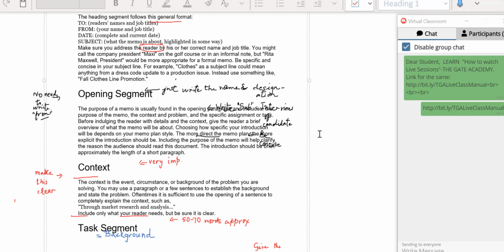So when I tell the live class manual, the studio team will be sharing the message with the student which will have the link for the live class manual. This live class manual is a document which will give all the information as to how the students can log into this new platform live session and take advantage of it, and what are the steps and guidelines for that. Let me take you through that document quickly.